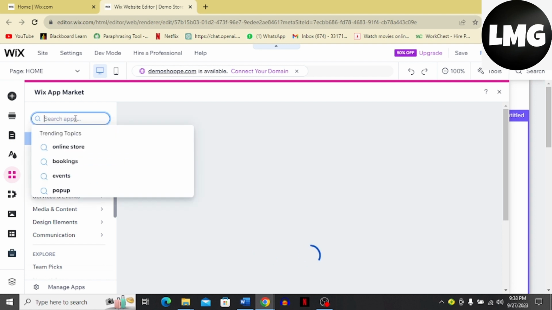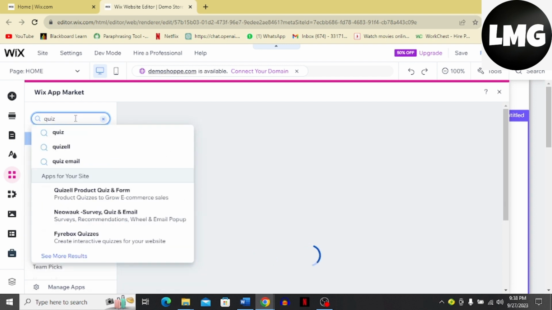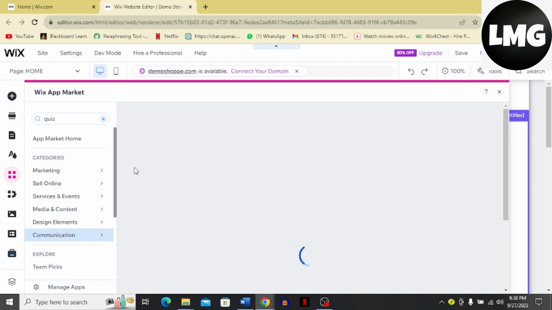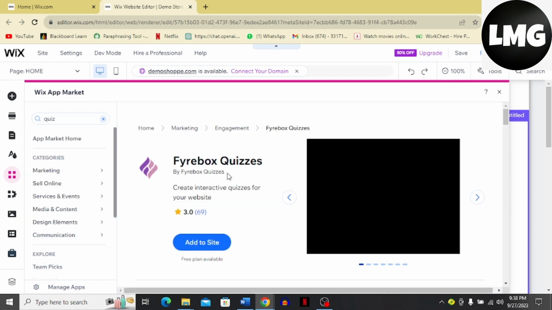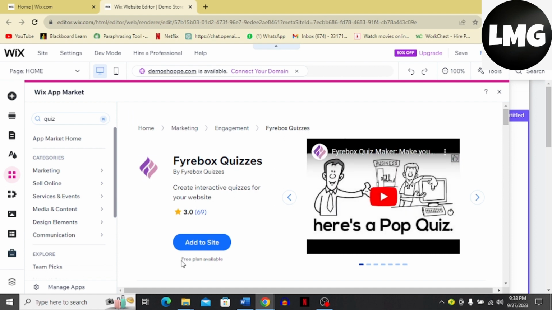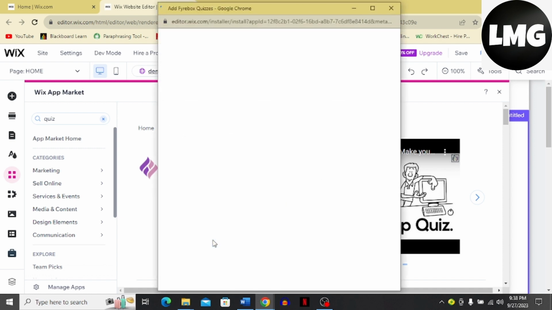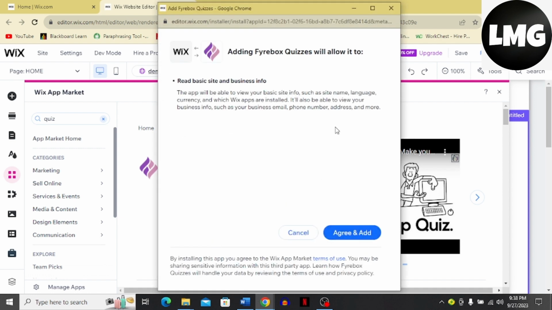Search for app over here. Just write quiz over here, and I'm going to download this Firebox quizzes because I feel like this is the best one. You can add any that you want, just make sure it's a free plan or it has a free plan available. Just click add to site, and once you click add to site, it's going to pop up this very